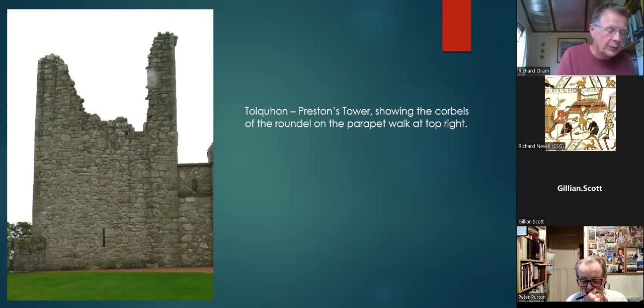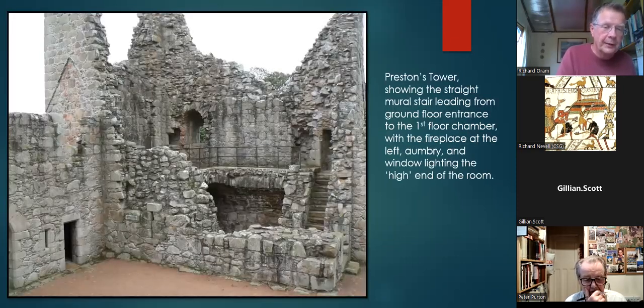Like Riven and East Weems, Tolquhon's tower contained residential accommodation from first floor, and the main room at that level was a chamber with a fireplace, flanked by window embrasures with stone seats, as you can see here. It is likely that a hall and kitchen arrangement adjoined the tower with additional accommodation, service buildings and storage arranged around the courtyard. All of that was swept away in the 1580s to leave just the old tower, when in